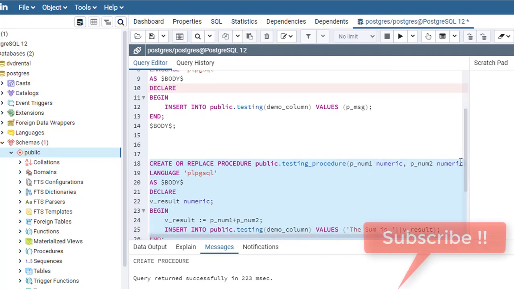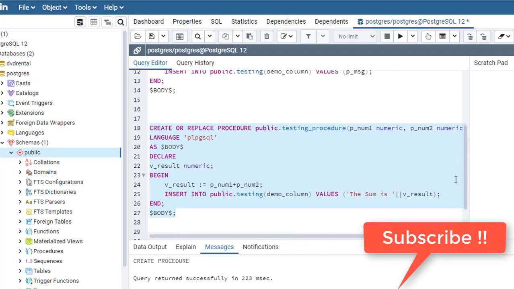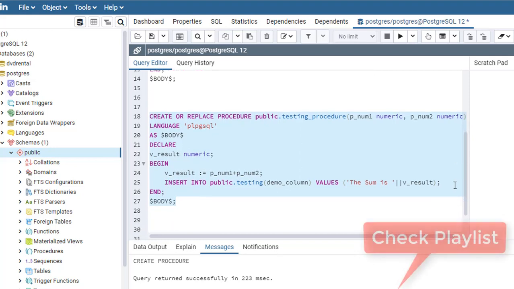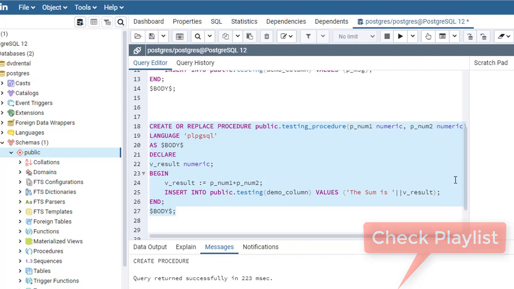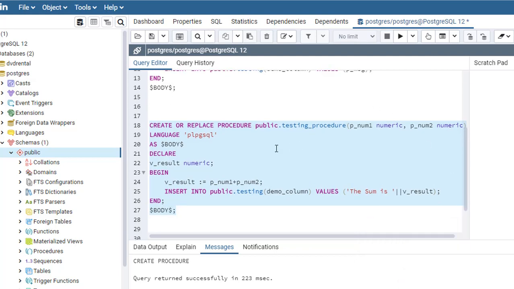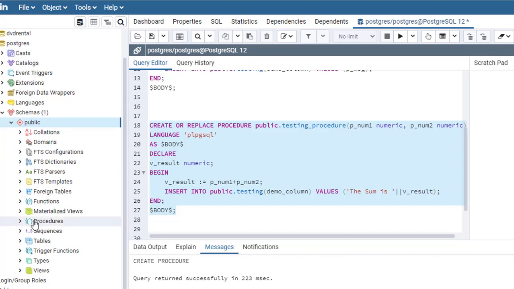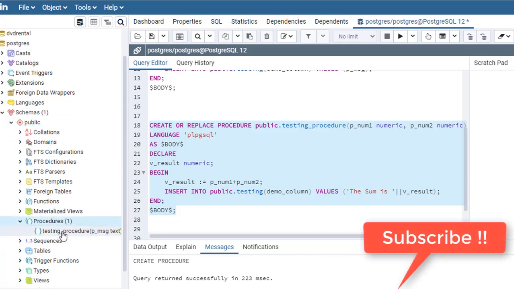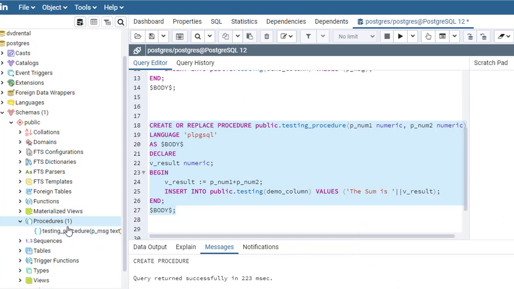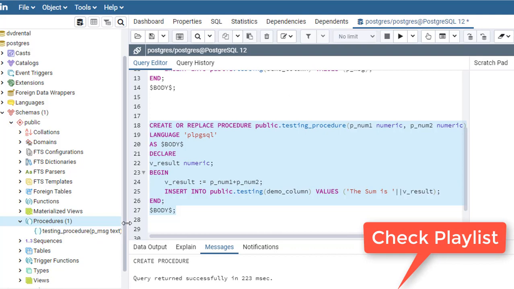But PostgreSQL supports overloading of stored procedures as well as stored functions. Now I'm showing you how procedure overloading works. When I create it, it won't say that under this name it already exists. See, here one testing_procedure exists, and when I create it, there will be another one with a different parameter list.